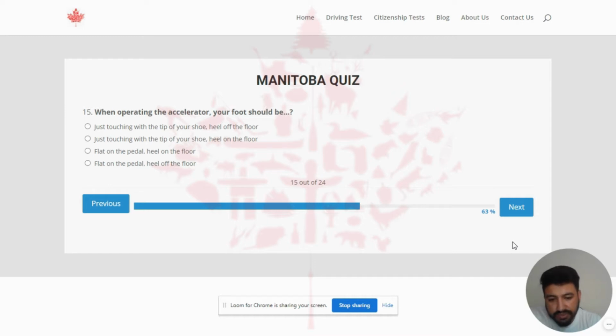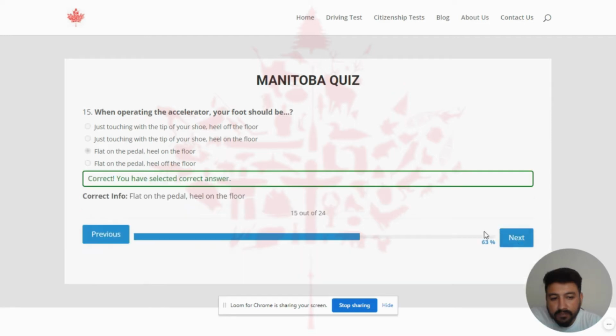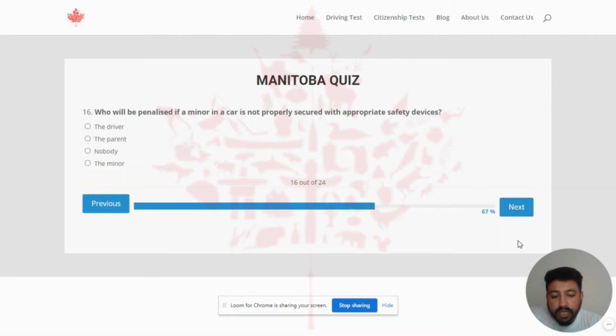The right answer of this question is flat on the pedal, heel on the floor. So I will click on the third one. Next, the question is, who will be penalized if a minor in a car is not